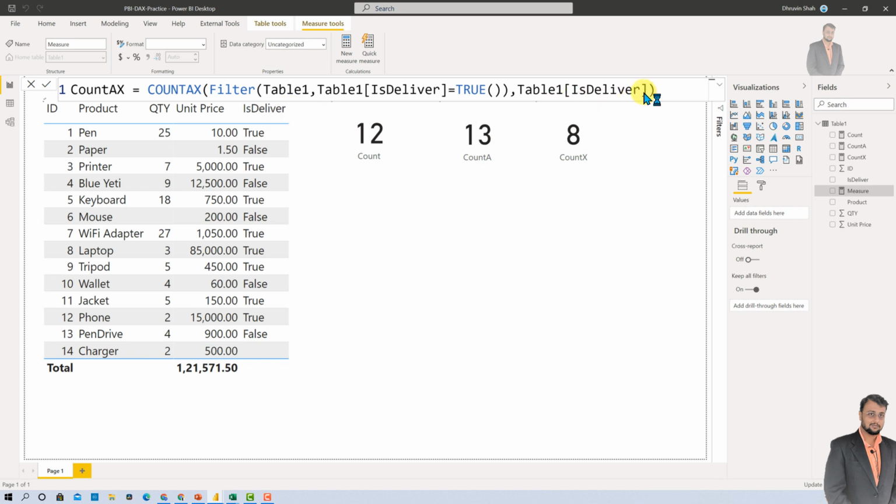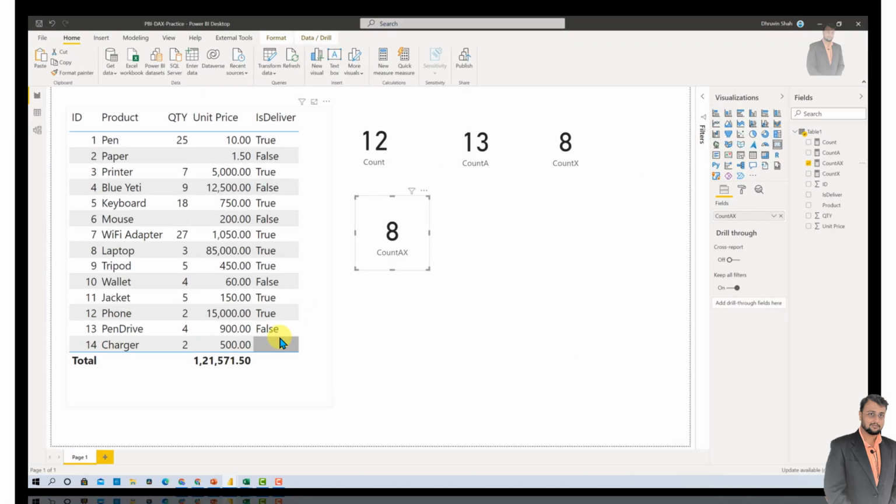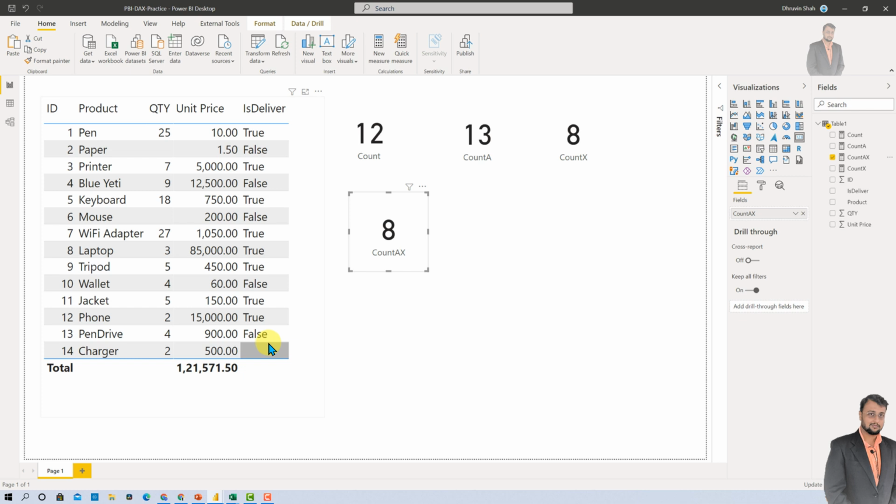So this is boolean data type. Let me pass that and see what I'm getting here. And here we are. I am getting count as 8 because a total of 8 values from my data have a true value and are non-blank.